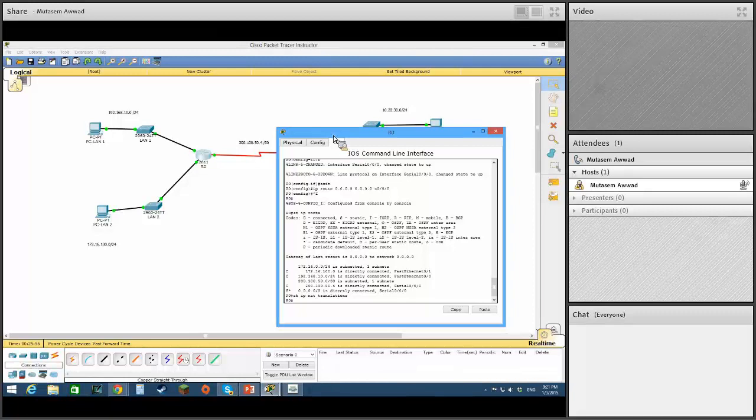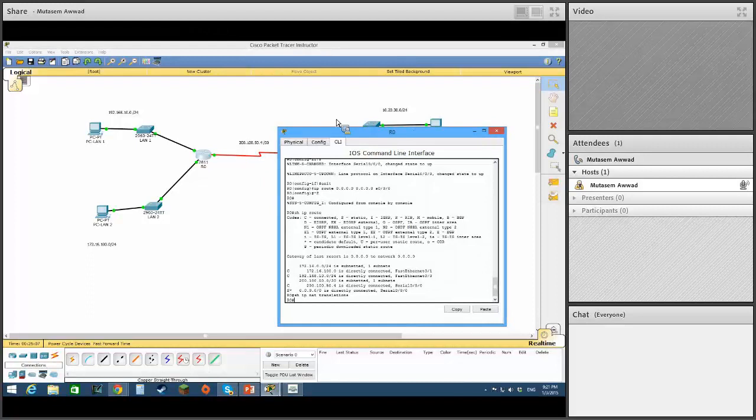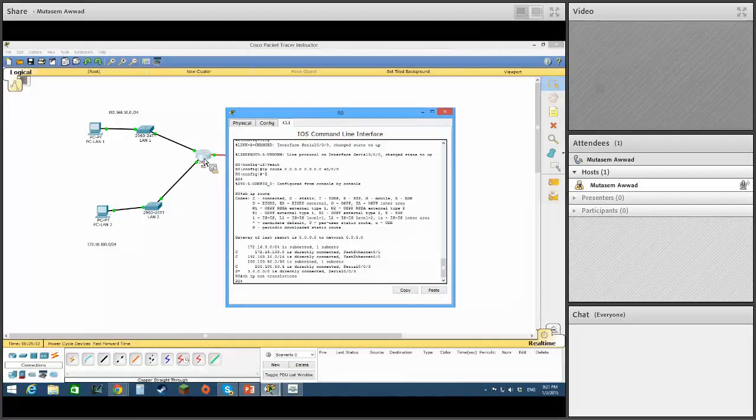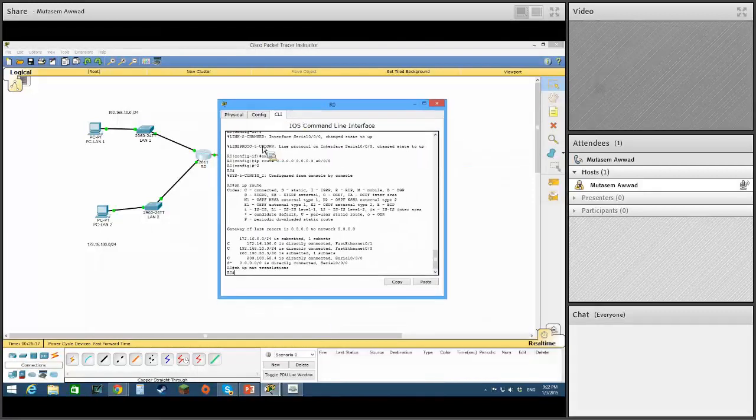Here's what you're going to do. Let's assume I want only PC2 to be translated, and I want him to be given a specific IP address when he gets out. Okay? I'm going to give him a global IP address. It has nothing to do with the serial ports. So watch. You go to R1,